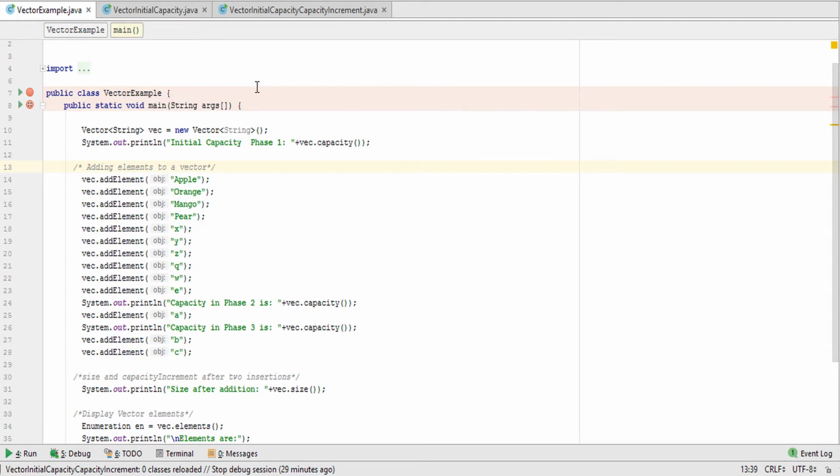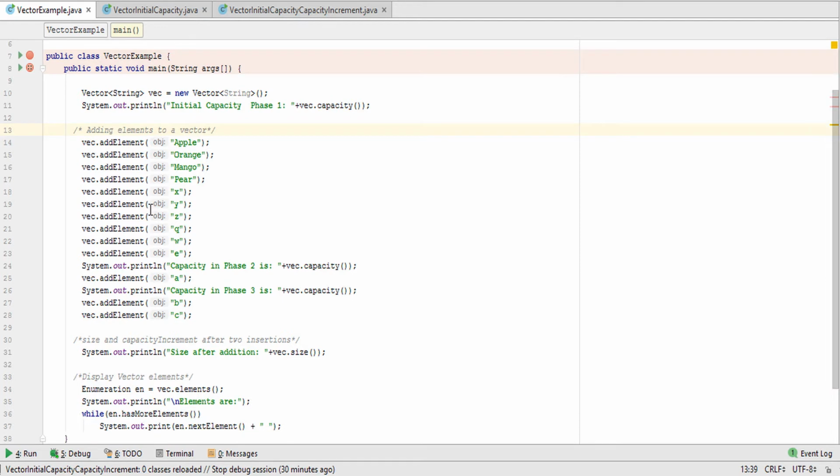I will also show you all these things programmatically, that the program will show the size has increased from 10 to 20, and the initial size was 10 only.